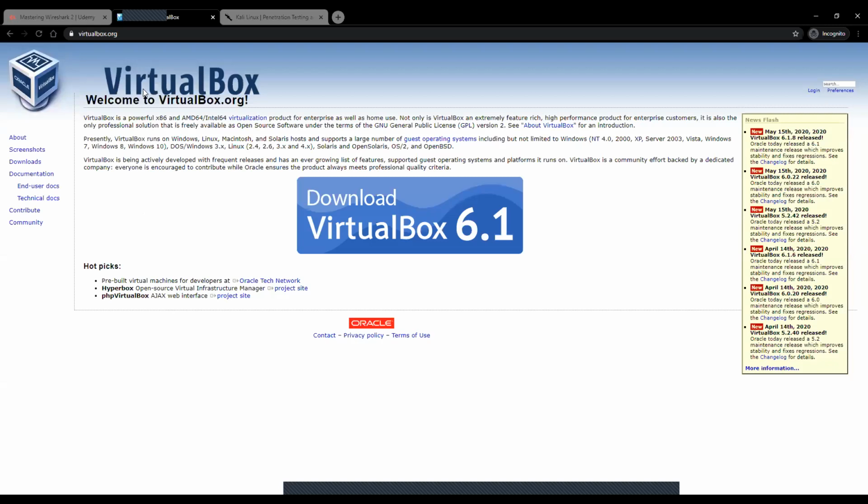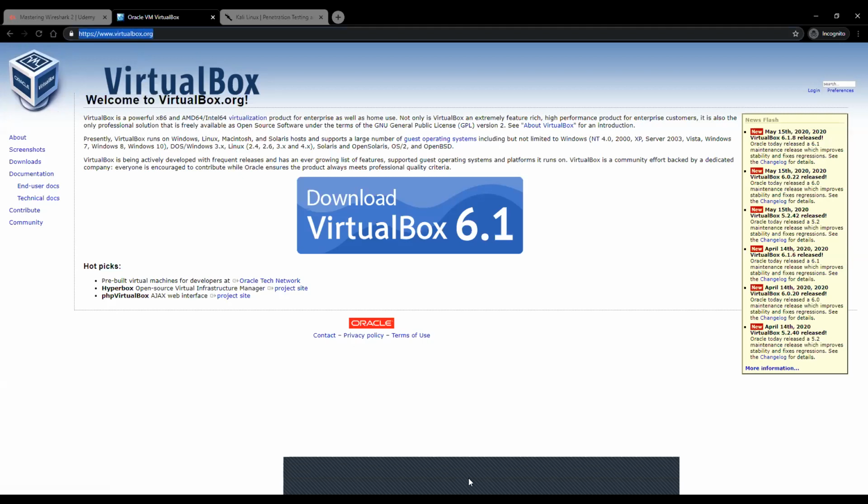virtualbox.org. The operating system that I have on my machine is Windows, and what I need is to install Kali Linux on my Windows machine. Two operating systems working on a single machine is a little bit hard. So for that purpose, what we need to do is install VirtualBox. To install it, simply go to a website called virtualbox.org.